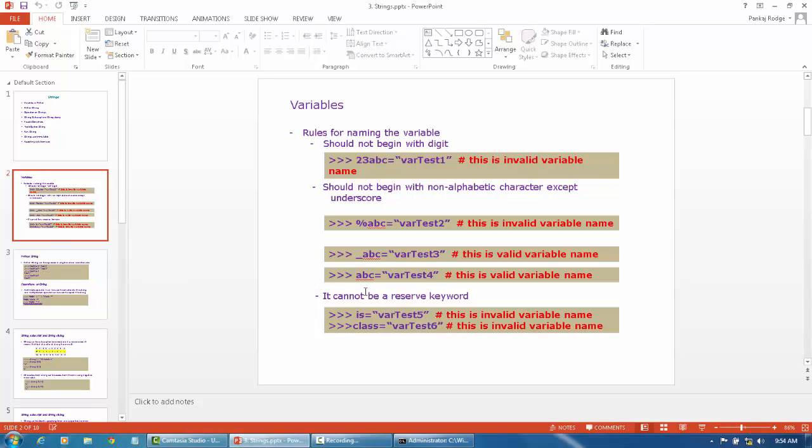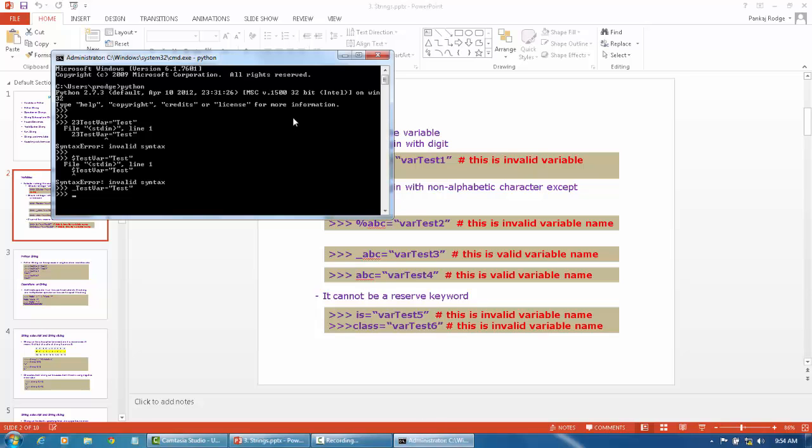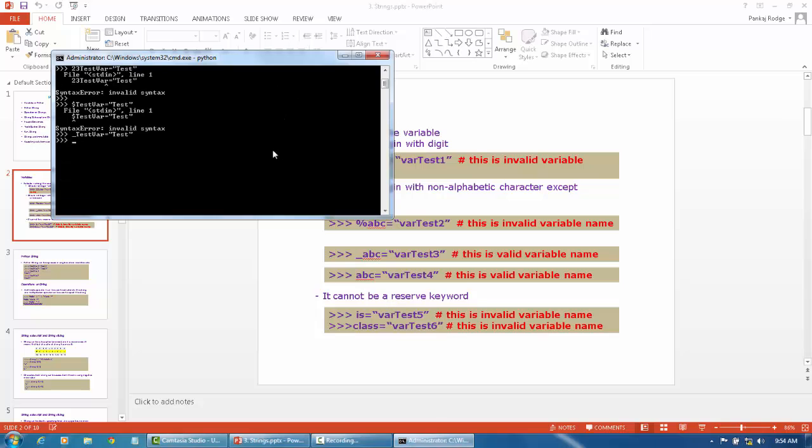The variable name cannot be a reserved keyword. So is, class, these are reserved keywords in Python. So we cannot use a reserved keyword for creating the variable name. So for example, if you want to